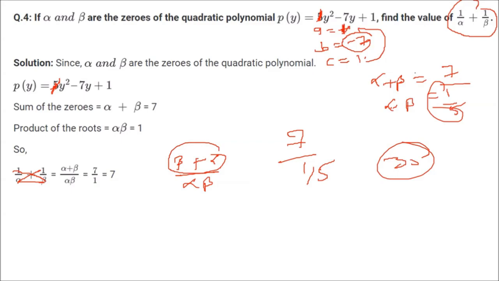So now alpha plus beta is 7 by 1. It is okay. Alpha into beta is 1 by 1. So alpha into beta is 1. Now alpha plus beta is 7, that is 7 by 1. And alpha into beta is 1 by 1, that is 1. So now alpha plus beta is 7, so put 7 here. Alpha into beta is 1. So now you get the correct answer. There was a misprint here. So just remove 5 and then you can solve.